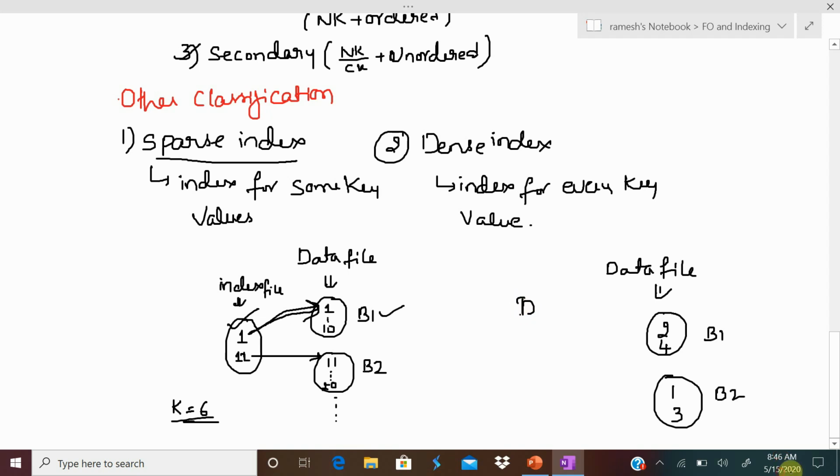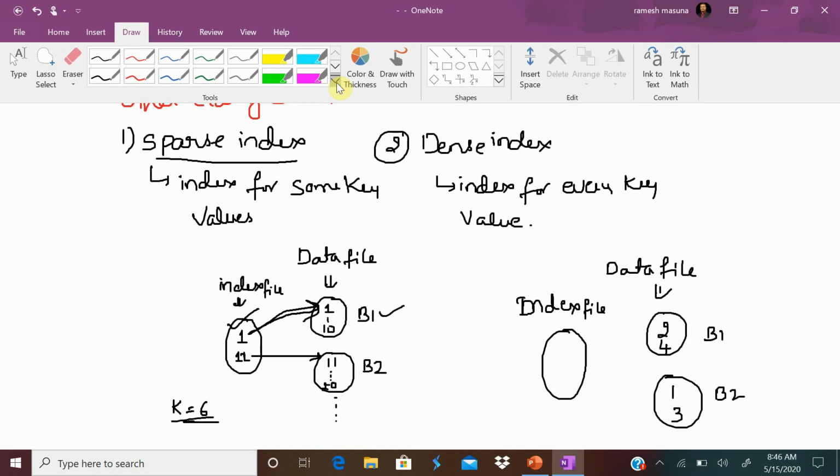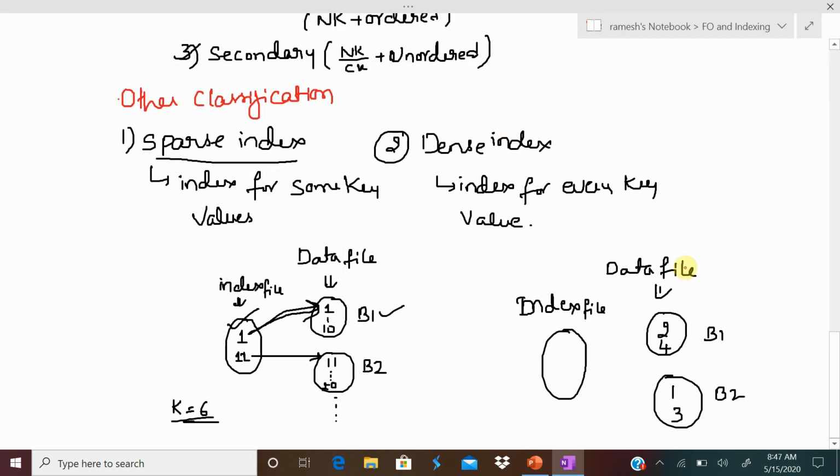And over this, if I wanted to create an index file, now tell me what could be my first index record. My first index record should always be 1, which is pointed to this block. Second index record should be 2, pointing to this record, then 3, then 4 and so on.